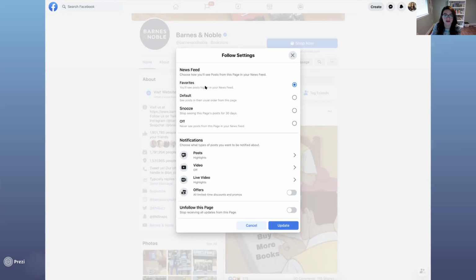So what I've done, I really care about this subject. So I'm going to choose favorites. So usually when I get on my Facebook app for the first time that day, I see posts from the pages that I've chosen as favorites and the people that I've chosen to see first. If you keep refreshing, you're just going to see a regular news feed, but for the first time that day when you log on, you're going to see the things that you've chosen to see, which is really nice.